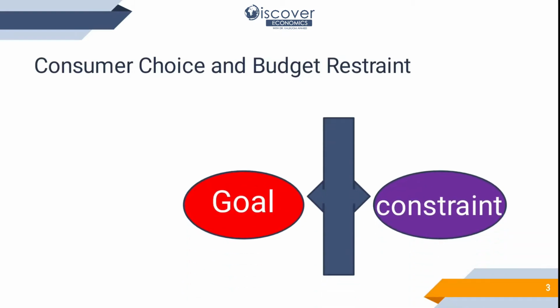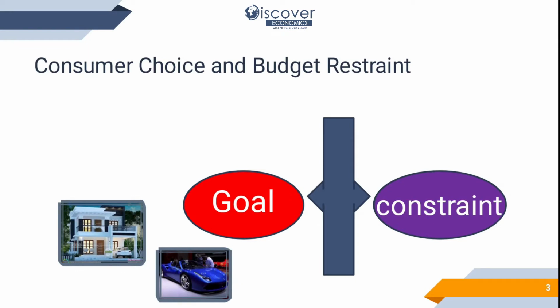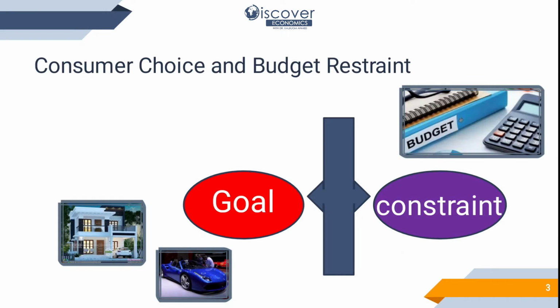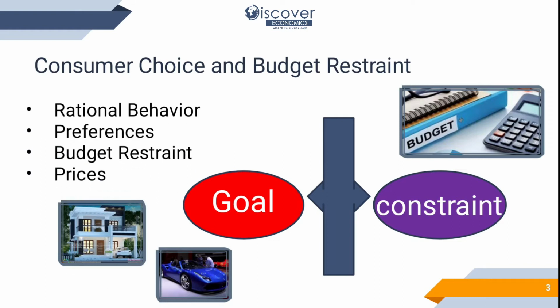When we are facing the problem of utility and we want to facilitate ourselves, we have many goals. Like we want to buy a new home, we want to have a BMW car, and we have many wishes. But the problem is that we are restricted by the budget constraint. It means our budget does not allow us to have everything we want. Now what to do? First of all, you need to have rational behavior. It means whatever you are buying, you need to have a very positive approach.